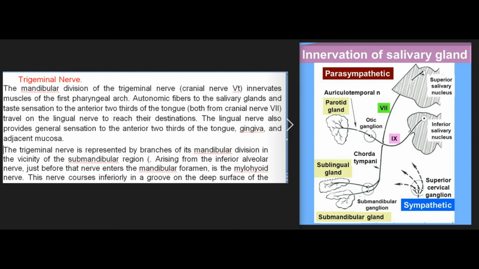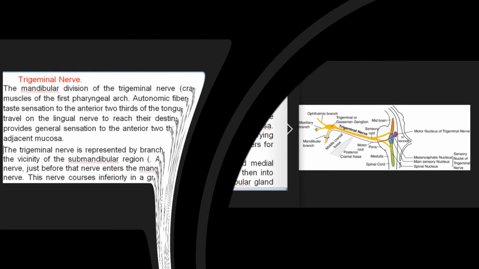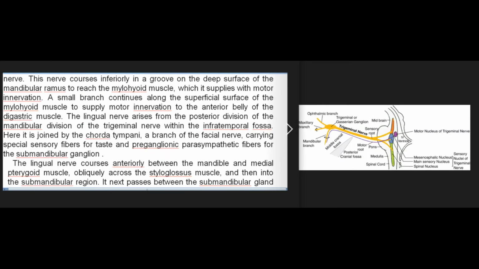The trigeminal nerve is represented by branches of its mandibular division in the vicinity of the submandibular region. Arising from the inferior alveolar nerve, just before that nerve enters the mandibular foramen, is the mylohyoid nerve. This nerve courses inferiorly in a groove on the deep surface of the mandibular ramus to reach the mylohyoid muscle, which it supplies with motor innervation. A small branch continues along the superficial surface of the mylohyoid muscle to supply motor innervation to the anterior belly